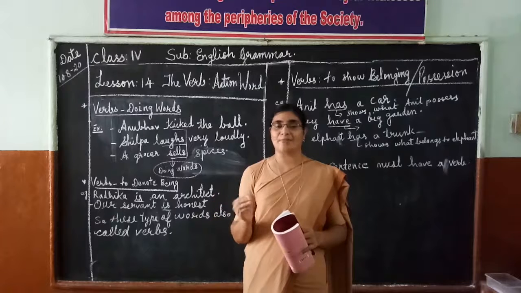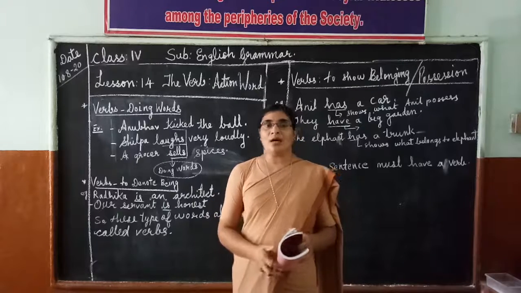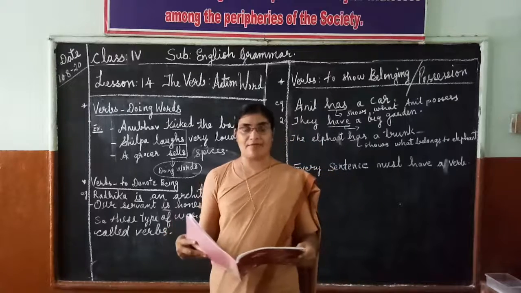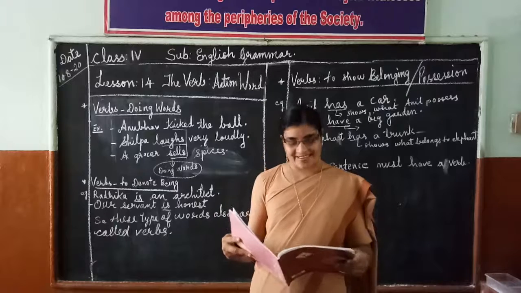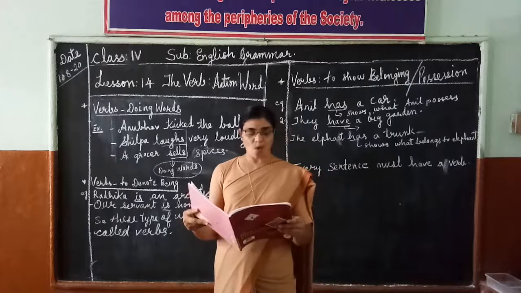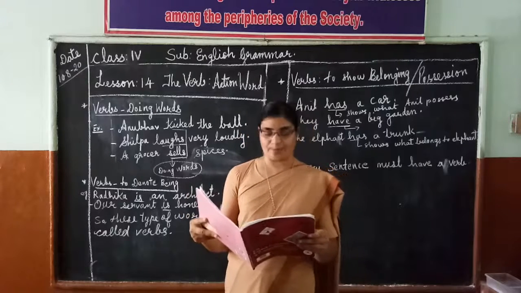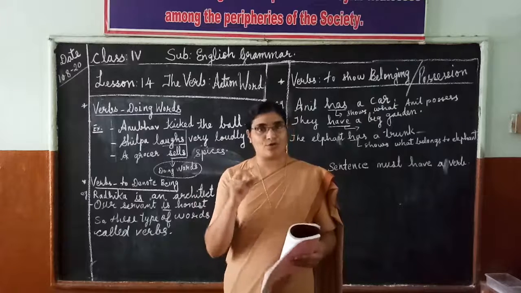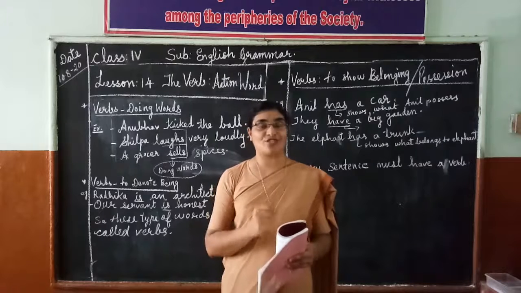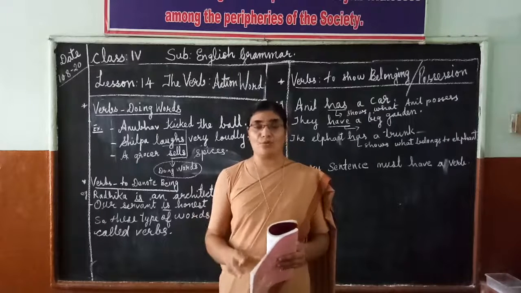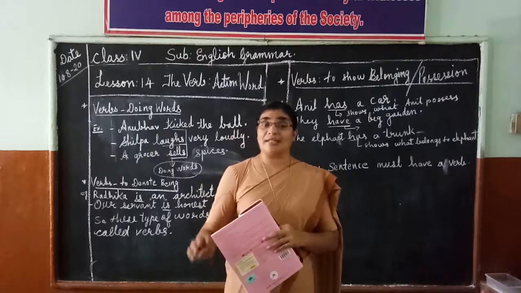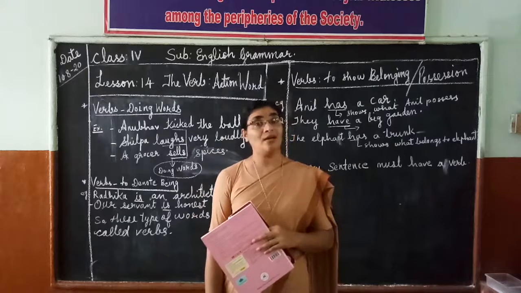So the action is done by the subject. In the book you can follow it. In the sentences given on the top, especially kicked, stitched, laughs, jogs and sells are doing words. They are called verbs. So what we have to remember, a few points here. Verbs show action, so they are called action words. And also we always have to remember that there will be no sentences without a verb.